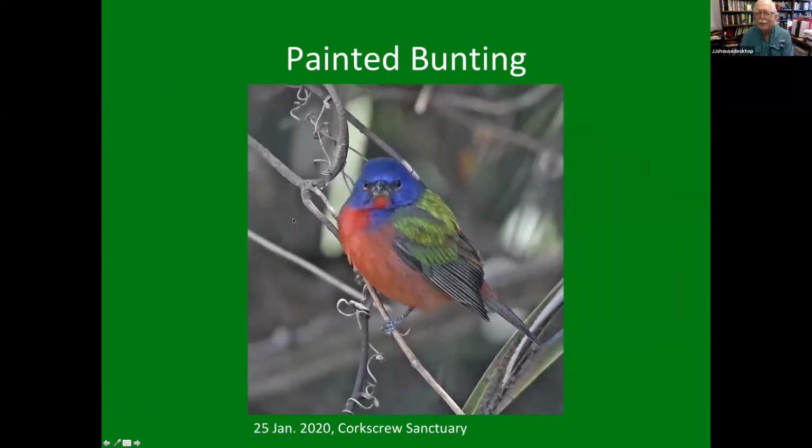And this is everybody's favorite bird, the nonpareil, which is what the French called in Louisiana the painted bunting, that we call it. And this is the adult male. And this is a bird at Corkscrew Sanctuary, where they put out feeders just for the painted buntings, because everyone wants to see the painted buntings. I volunteer at Corkscrew, and they've done a lot of changes out there, and they have not put the feeders out